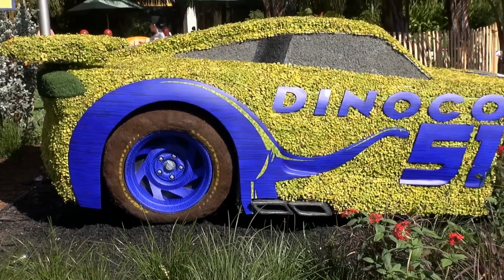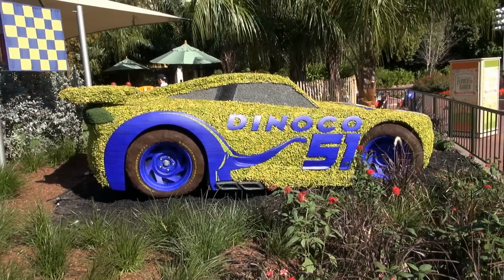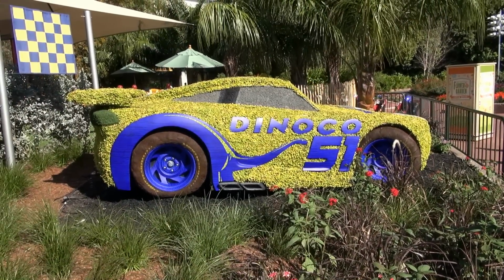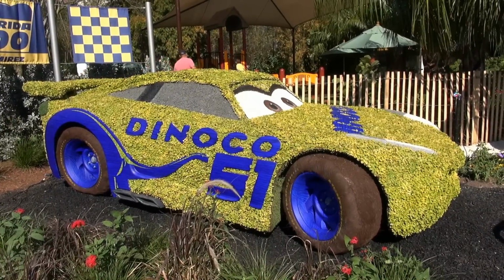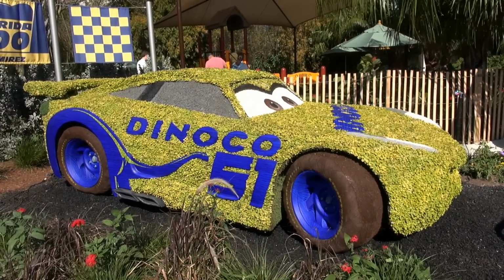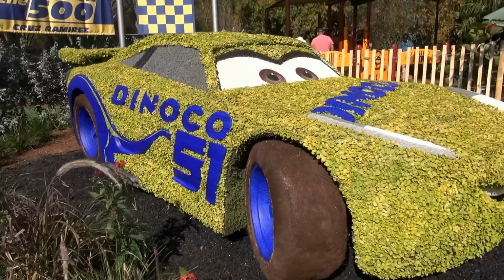So last Sunday, as you know, I was at the Daytona 500, which I go to every year, and they had a lot of Cars 3 stuff there. They had lots of merchandise, and they had the voice of Lightning McQueen, Owen Wilson, there. I think he gave the command to start your engines, so that was really cool to see him. And I know that they had Lightning and Cruz